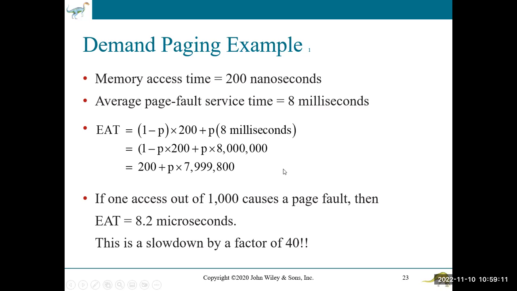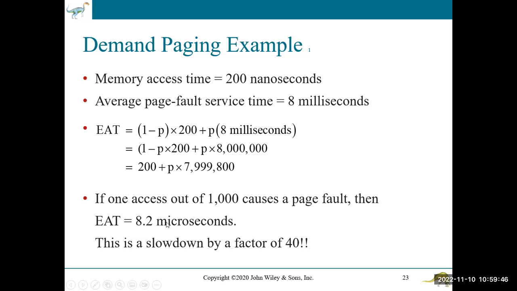I don't anticipate that I would have an assessment item where I ask you to calculate the EAT based on a scenario. But I do want you to be aware that the effective access time includes not just what's happening with memory frames that are loaded in memory, but also the back end with faults, okay? So it says if one access out of 1,000 causes a page fault, then